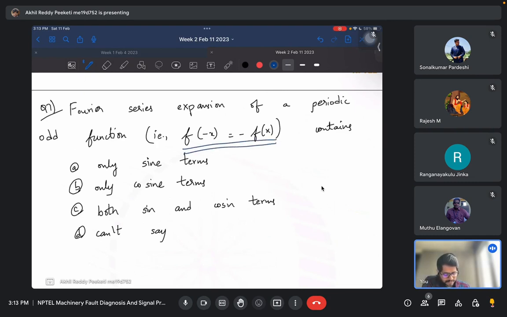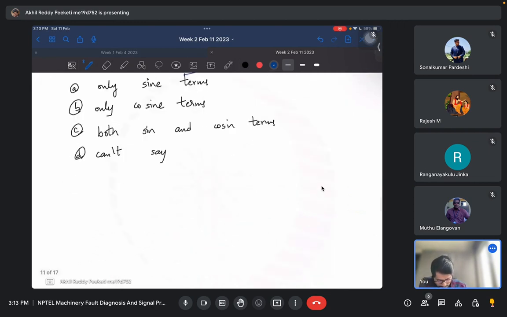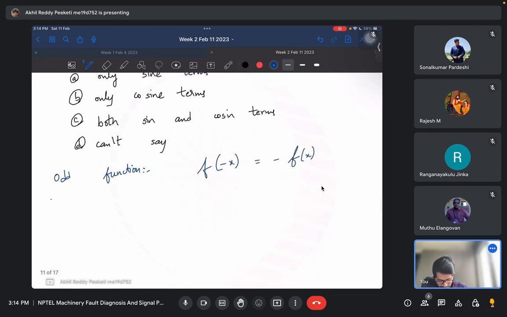So odd function means if you take the negative of the variable, you directly get the negative of the full function. Okay. So for an odd function, f of negative x would be just directly negative of the full function, and even function